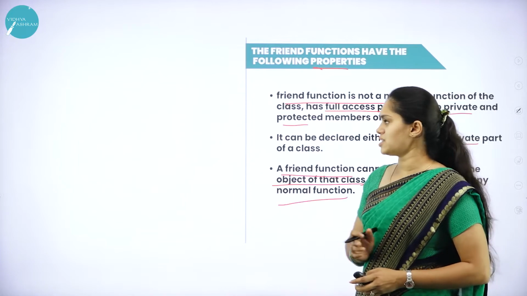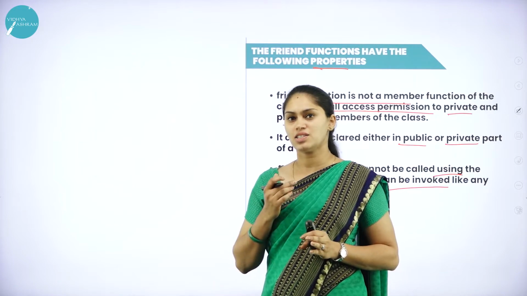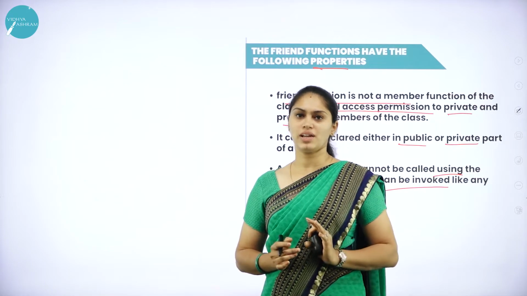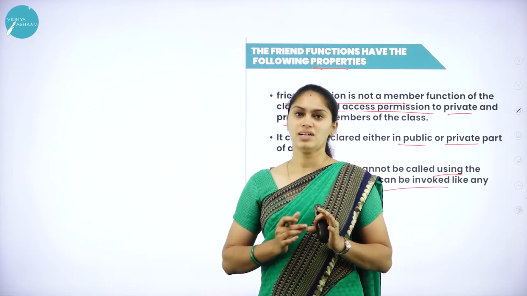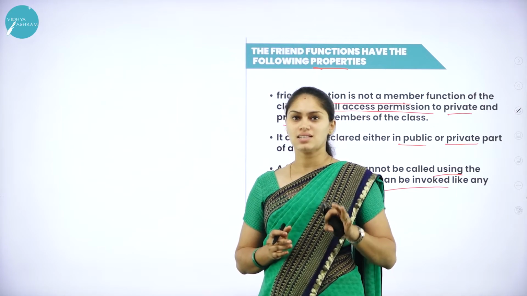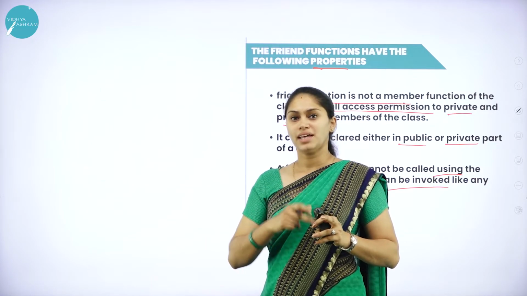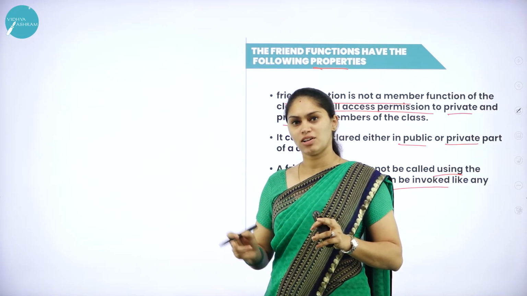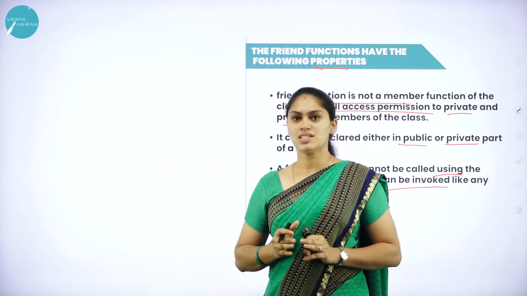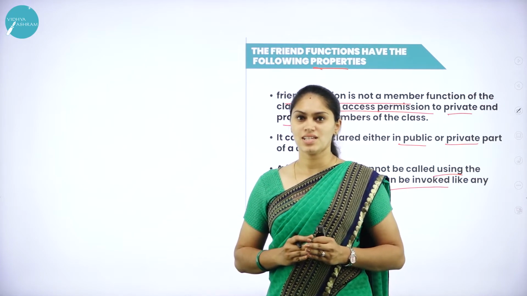Before getting into this friend function, just remember that friend functions are non-member functions that are used to access the private and protected members of a class. For example, if I have a class with several data members under private and protected access specifiers, and I want to access them from a non-member function or from outside the class, I can use a friend function. To use it, it must be declared inside the class but defined outside the class definition.